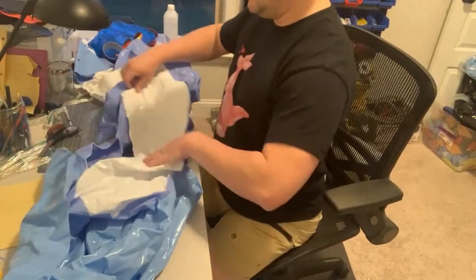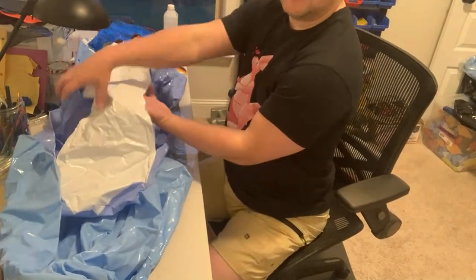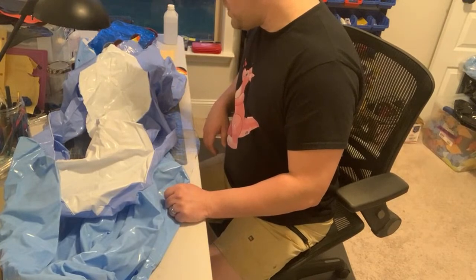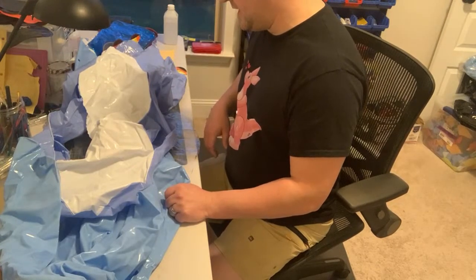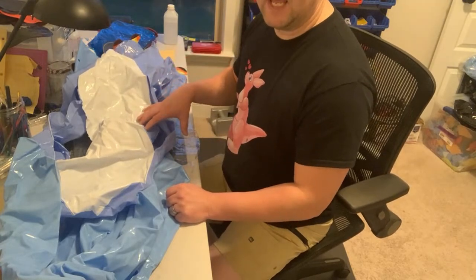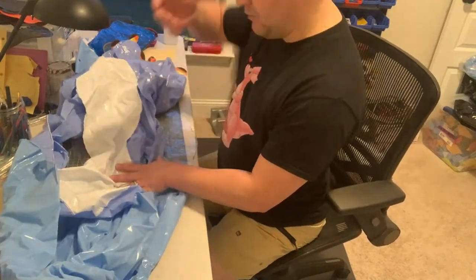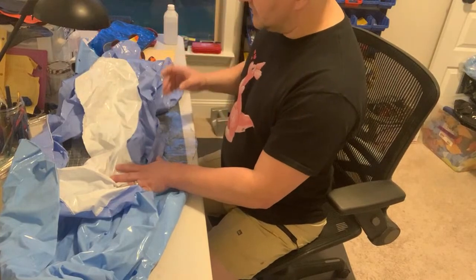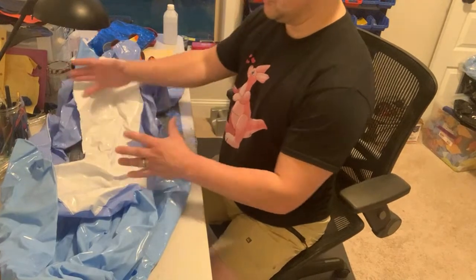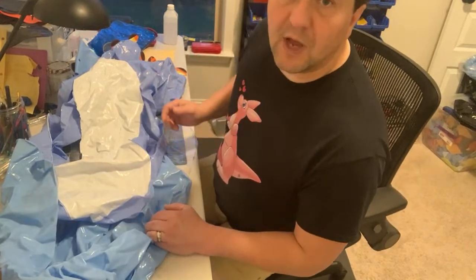I've got these two guys, which I probably want these front two pieces on either side of the belly to be symmetrical, you know, as far as the size goes. So what I want to do is probably go ahead and estimate the best that I can on how big those need to be versus the back. And what I can kind of do is, since the waist is the most narrow point of this design of the suit, because this dragon kind of has an hourglass shape, I want to